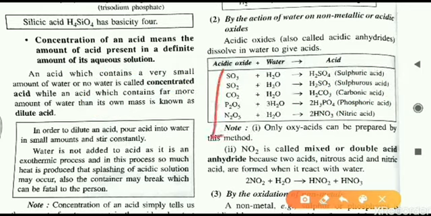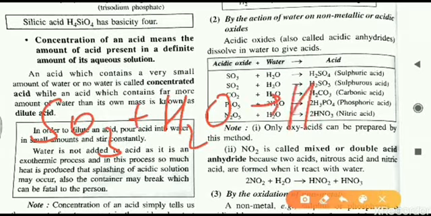So these are all non-metal oxides and they combine with water, and we will get one or the other type of acid. That will depend on which type of acidic oxide we have used. Now the first reaction you can see here is SO3 combining with H2O. It is a simple addition. So SO3, sulfur trioxide, combines with water, and what we will get is H2SO4.